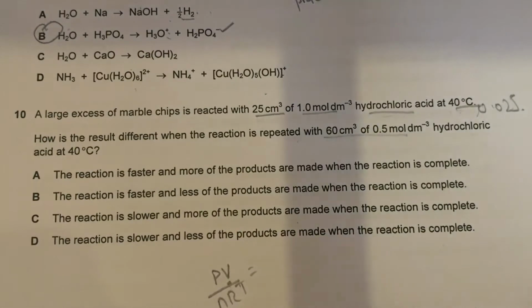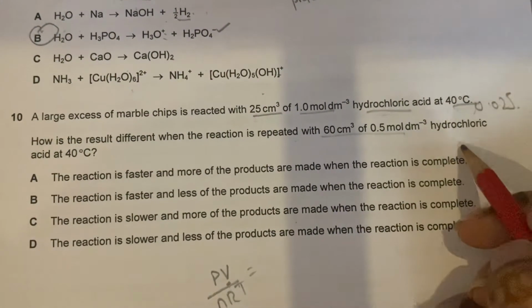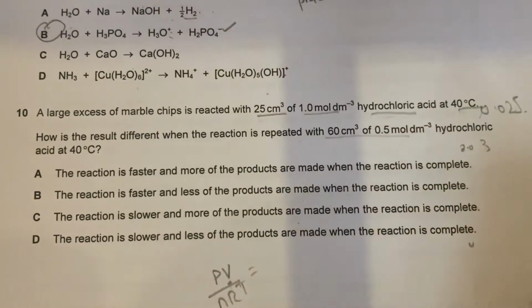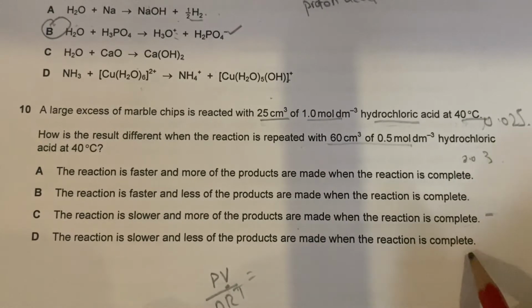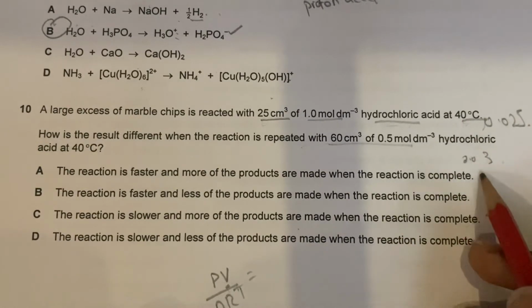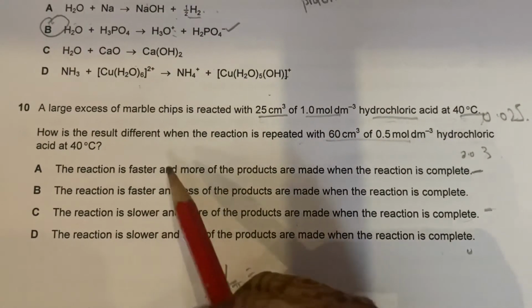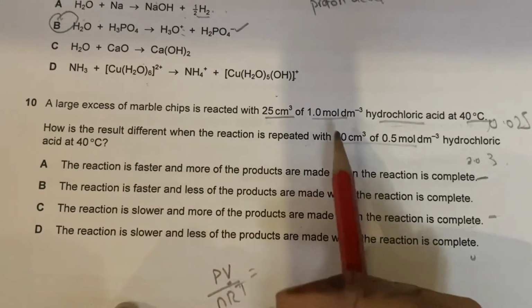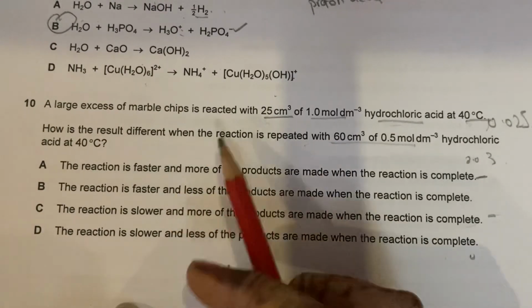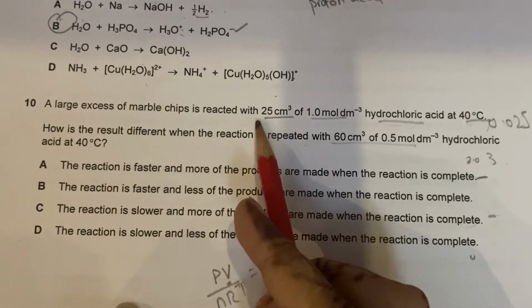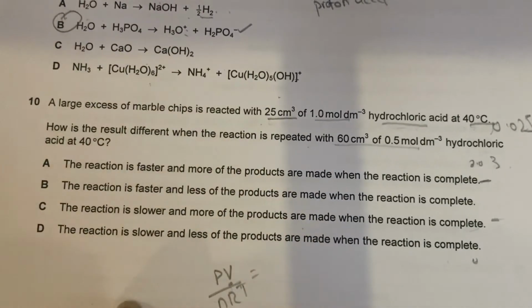और 60 इंटू 0.5/1000 ये 0.03 निकलता है. ये 0.03 निकलता है, विच मीन्स द मोर प्रोडक्ट्स विल बी मेड. ये होएगा या ये होएगा. अब हमने बताने रिएक्शन फास्टर है या स्लोअर है. वॉल्यूम ज़्यादा है ओवर हियर, बट